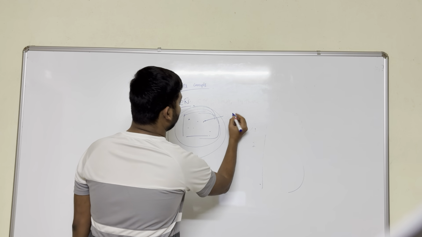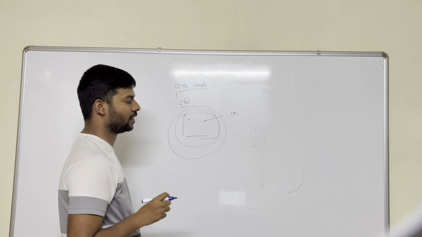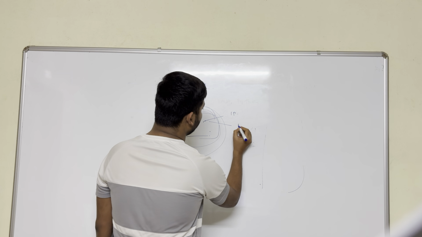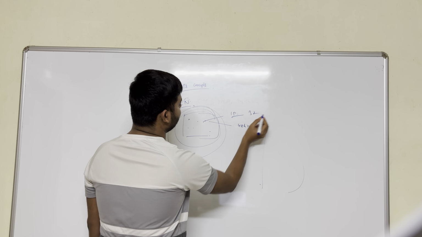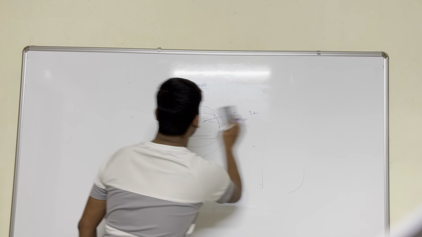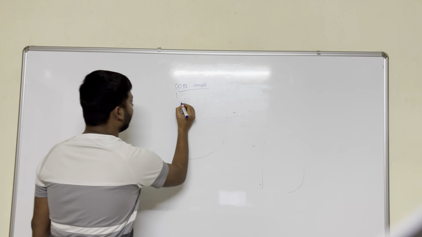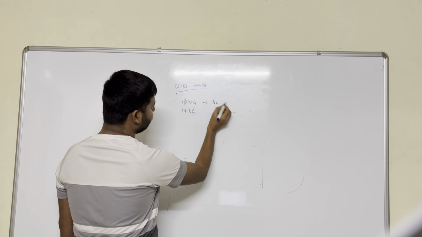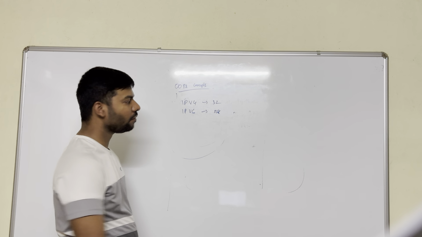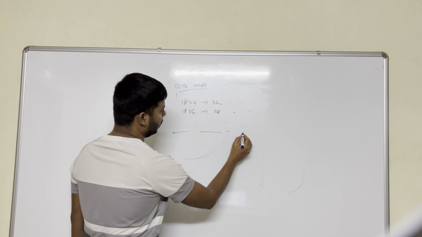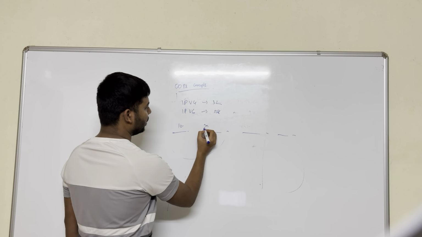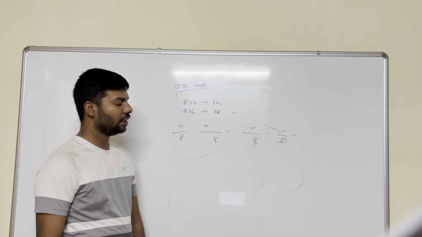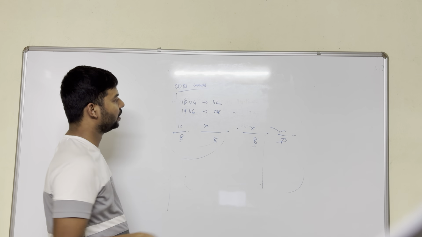For each device we have an IP address to logically identify the system, and to physically identify the system we have a physical address that we call a MAC address. It will be 48 bit, and the IP address will be 32 bit. IP address is of two types, IPv4 and IPv6. IPv4 will be 32 bit, IPv6 will be 128 bit. For 32 bit, it is dotted: 10.x.x.x, with 8 bits each. So 8 into 4 is 32 bits.